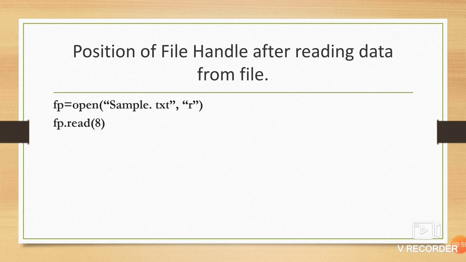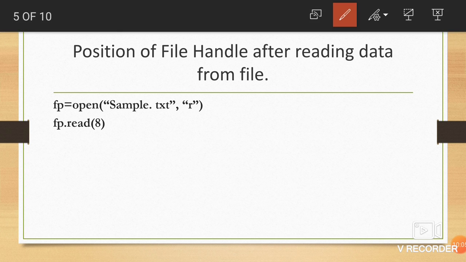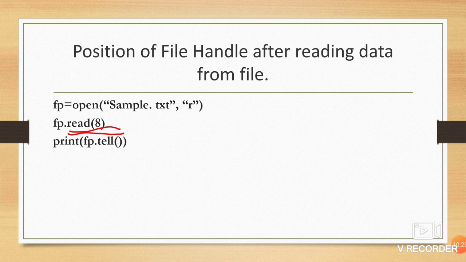It reads a number of bytes, a number of characters. So how many characters will it read? It will read 8 bytes. So now the position of the file object or file handle will change. Now it will be at the 8th position. Print fp.tell.